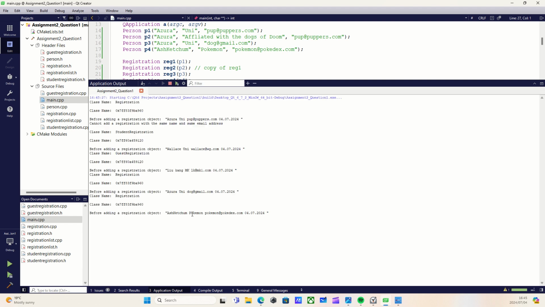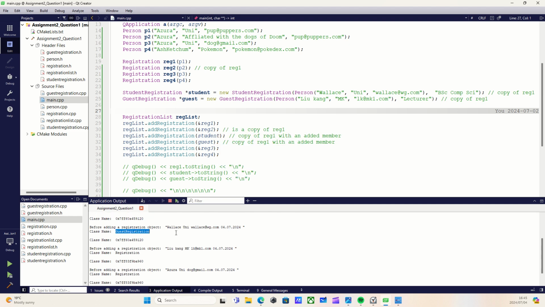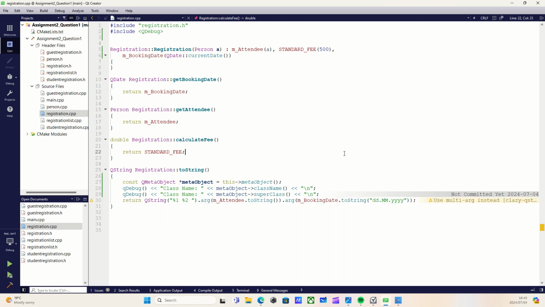It's building, it's taking time. There we go. Registration, student, and guest. Show. When I add a registration object, what I can do is, because only when I'm adding it, oh, okay, there we go. I can grab that. There's an issue. Let's go here. I'll get rid of this. So